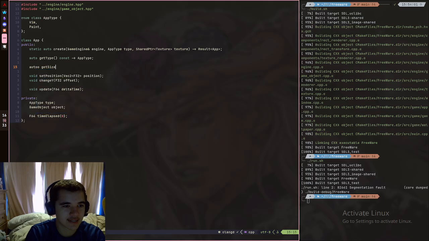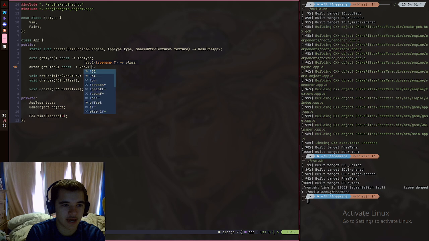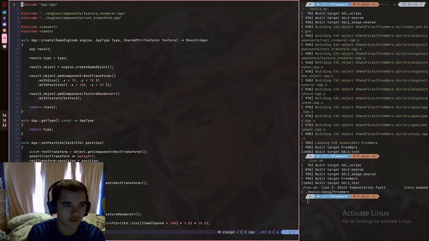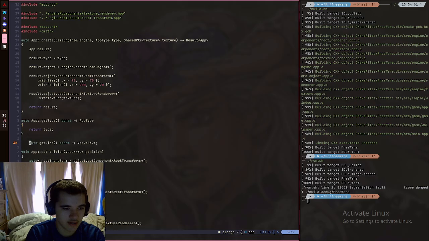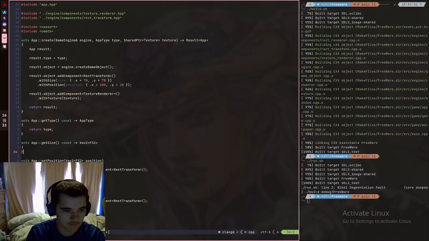Auto get size, const returns, okay, vec2 f32. Yeah, copy that, go to the CPP file, and over here, auto app get size,